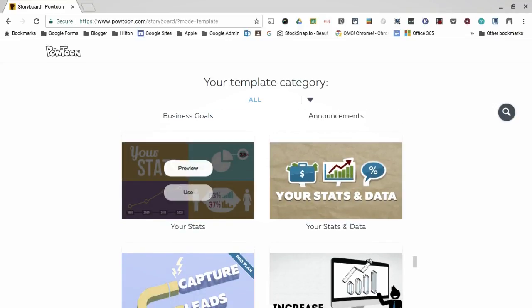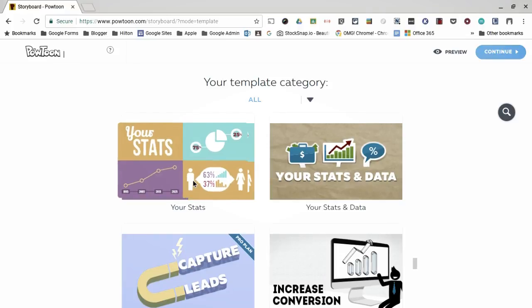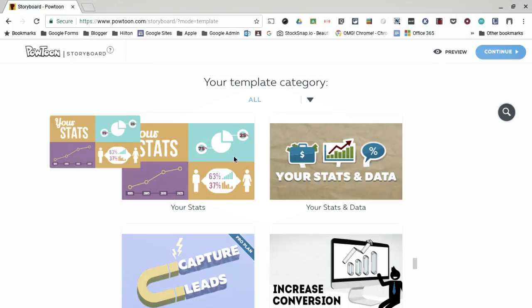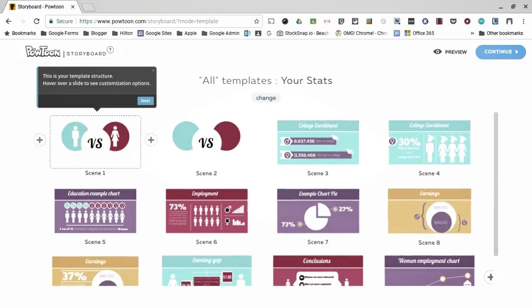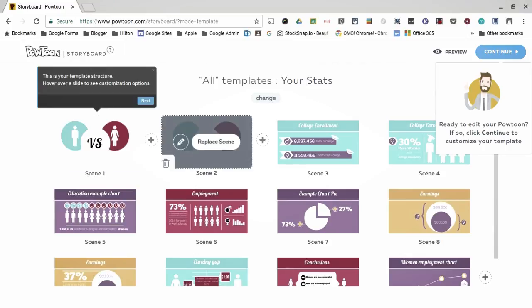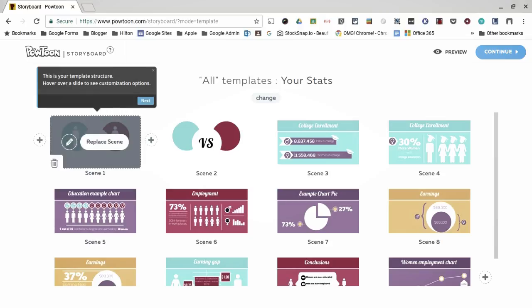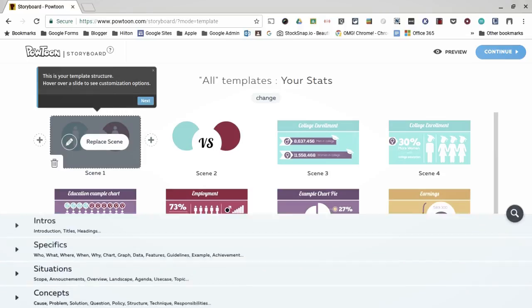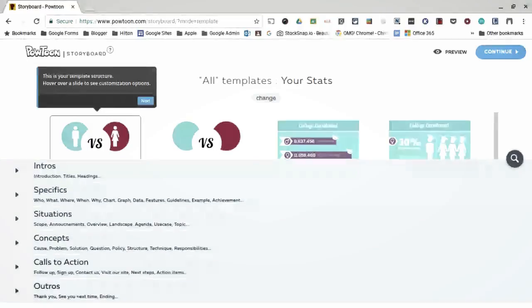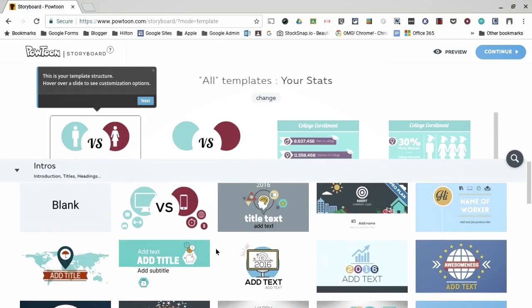Okay, so I have some stats. I think so. This is the one that I'm going to use, I think. So I'm going to go with this one. So I say use template, and then it's going to bust me into the storyboard mode. And so I'm going to replace this title scene, and you guys watch me do some of this. And so then from here, I can choose any of these free